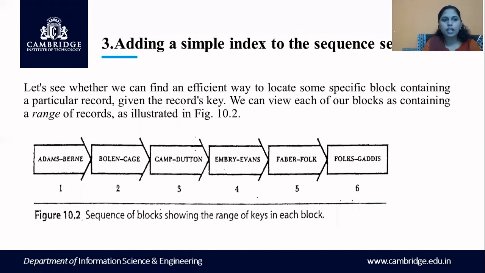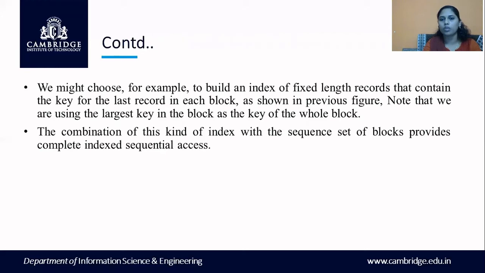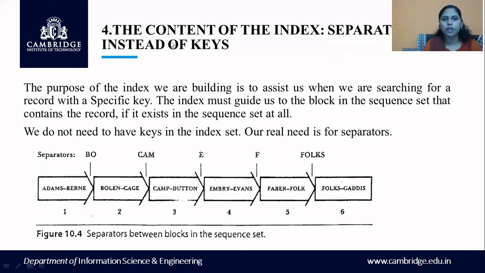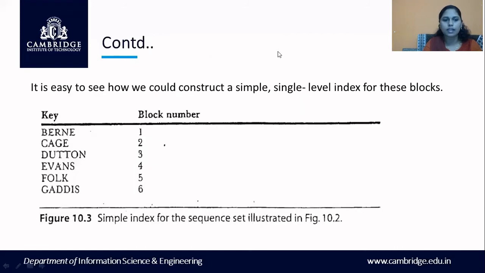Yes, so you can see this is the index set. How are we adding a better index is what the next topic is going to discuss. So here, you can see the topic, content of the index: separator instead of keys. We are not going to have keys in our index. So here the index was shown as keys, right? I told you what the problem in this index was. What was the problem? As the names grow in size, the index set size also will grow. If the index set size grows, then what is the problem that occurs? We will not be able to save it inside our main memory.